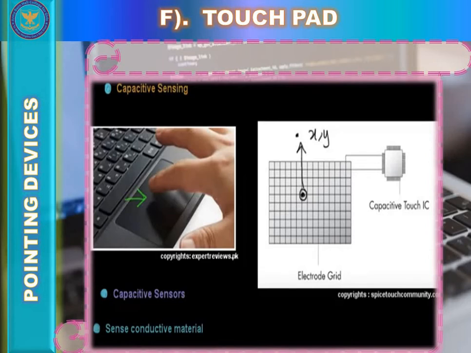Dielectric property means no conductive properties, meaning current cannot pass through them. Capacitive sensors are also located inside the grid of wires in some touch screens.